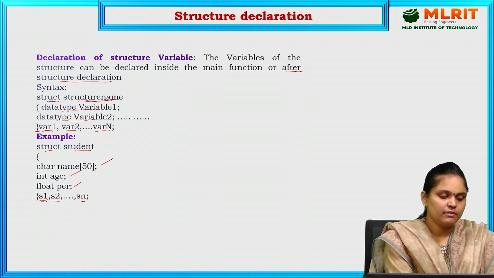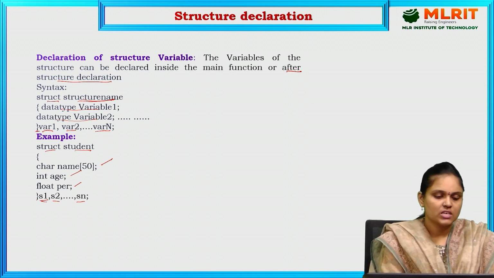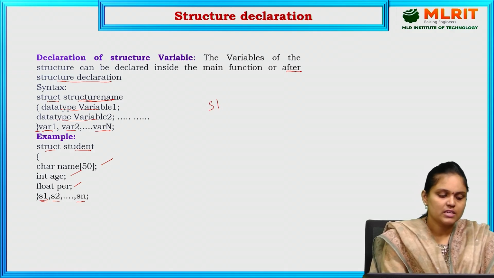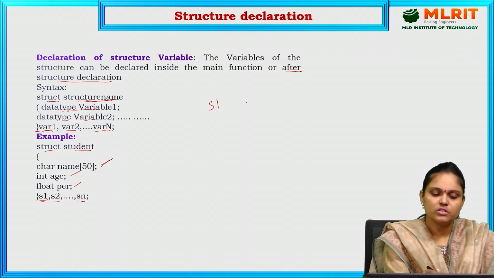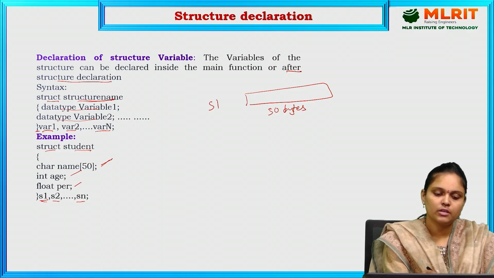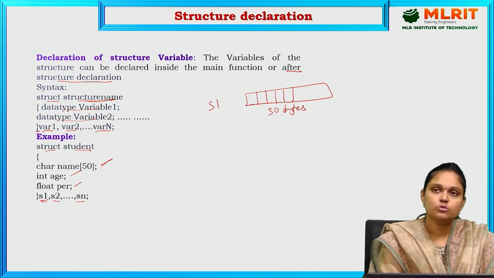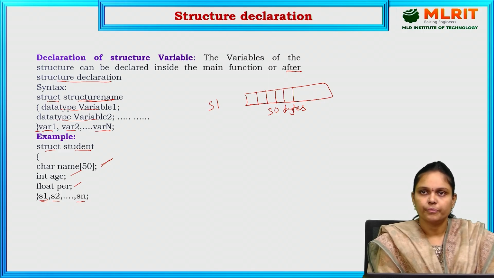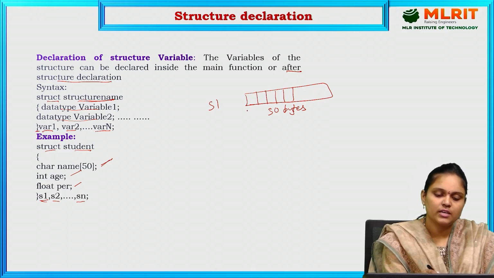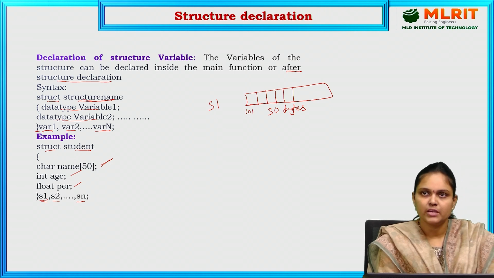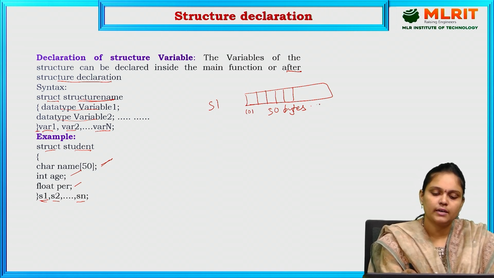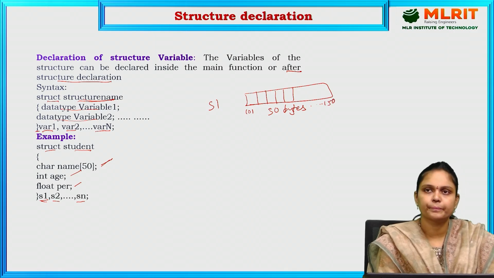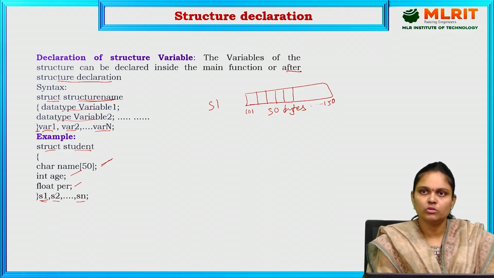And coming to the memory allocation. Whenever we declare a variable, at that time memory will get allocated. So consider for S1, we have declared the variable as S1. In this S1, the first member is char name, which means 50 bytes of memory will get allocated to store that particular name. Each character will be stored in 1 byte, as we studied in the data types concept. Consider the starting address from 101, and it ends at 150. So 50 bytes, right? So 101 to 150 bytes of memory are used to store the name of that